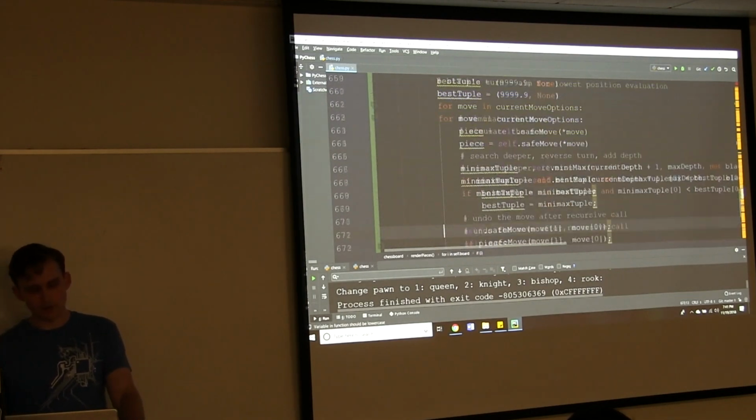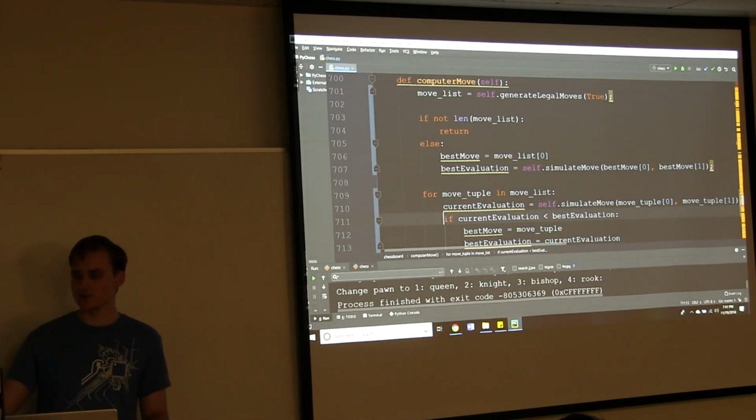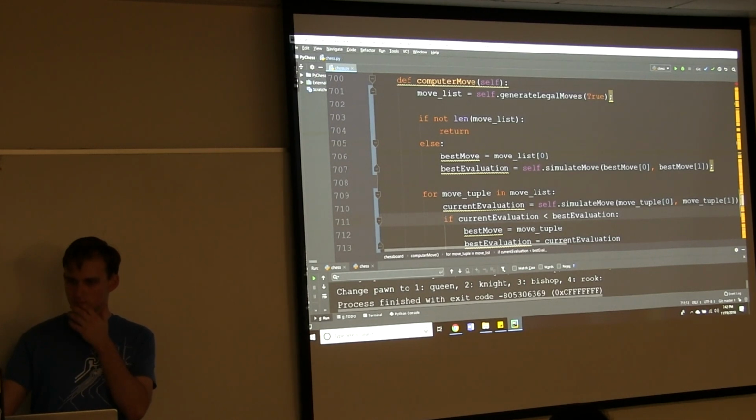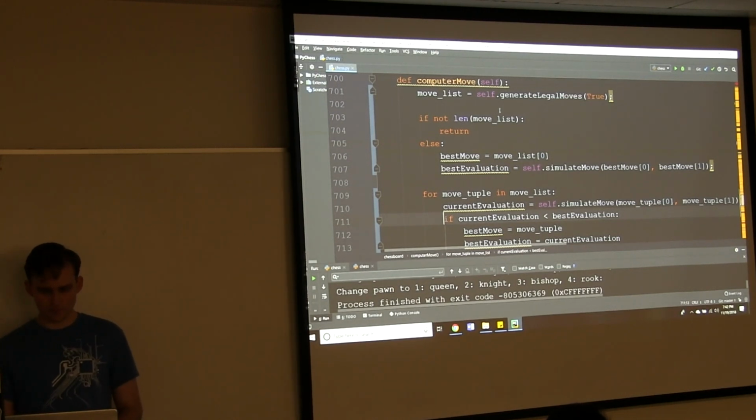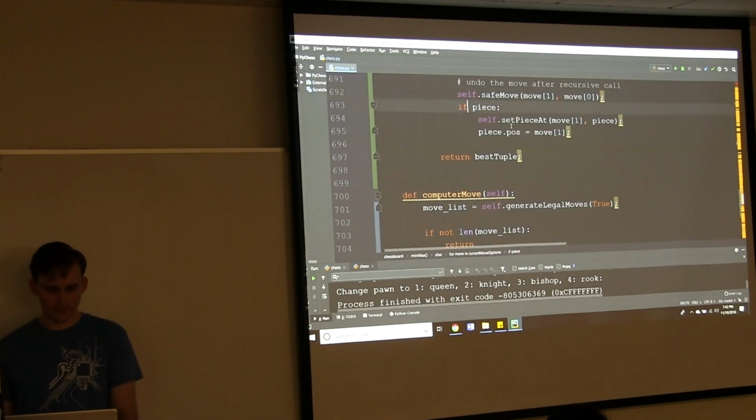So now we can move back to the computer move function. And we're just going to adjust this to actually use the Minimax algorithm. Just to make sure I don't mess something up. Okay.